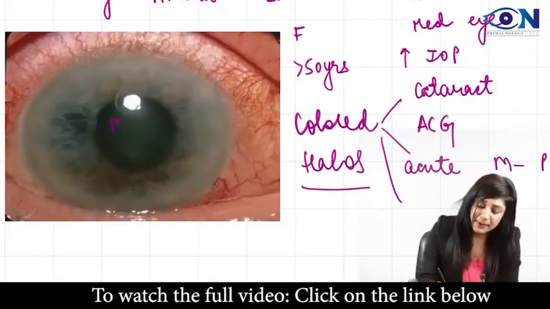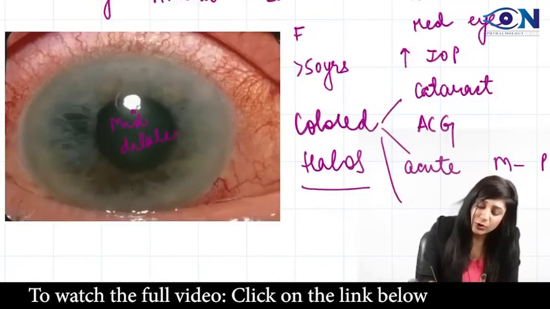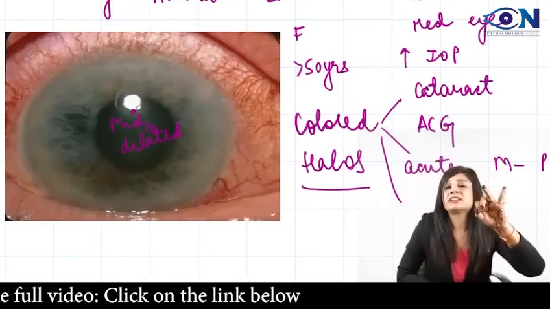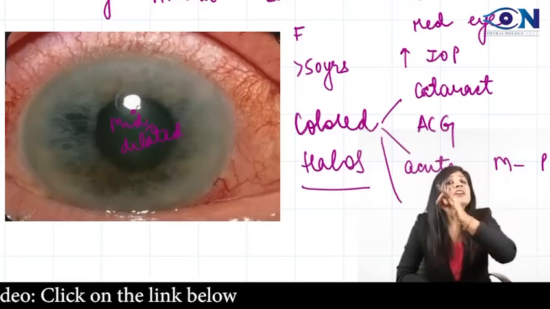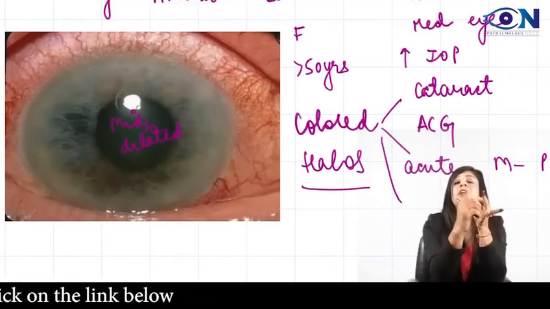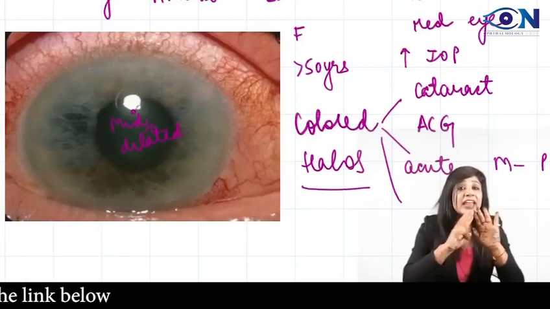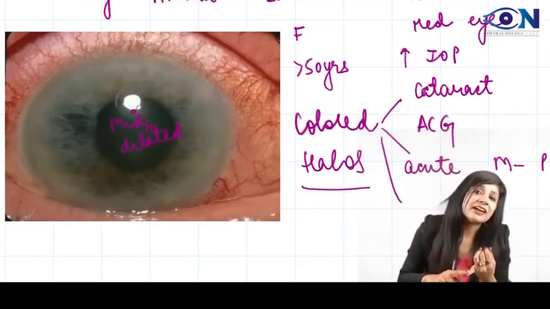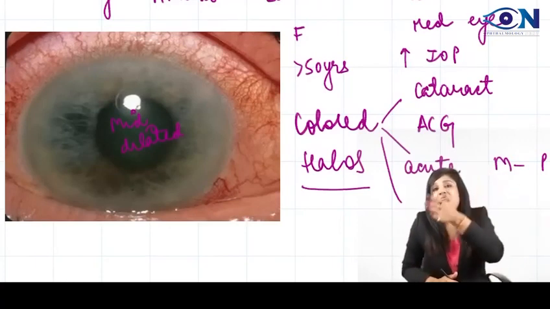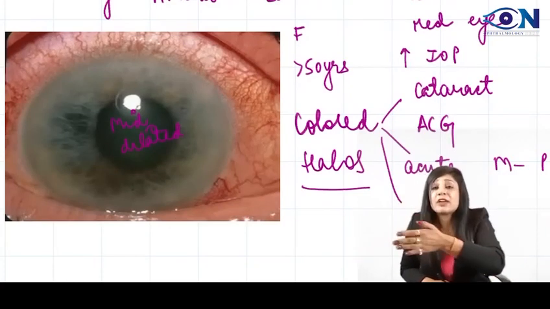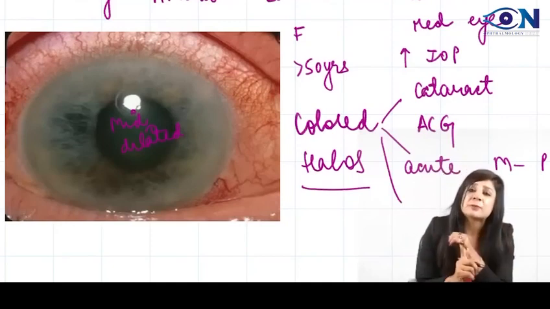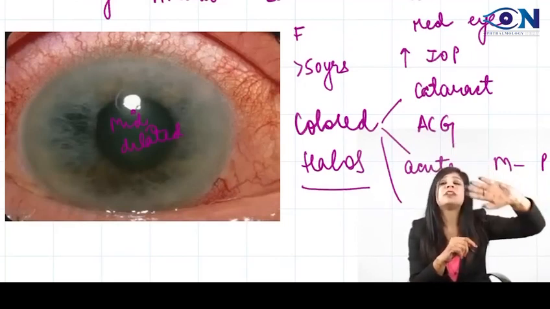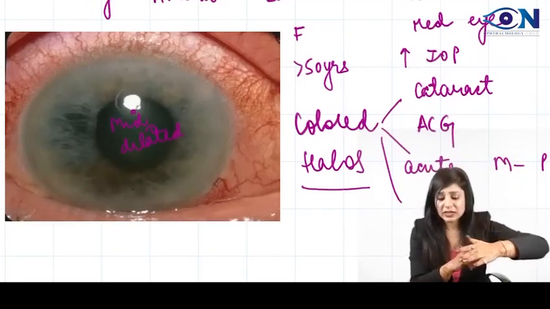You can see a mid-dilated pupil. Now, I told you that there are two things. Either it's a case of acute congestive glaucoma or it is a case of acute anterior uveitis. Uveitis will never have a dilated pupil. Now, however blurry the picture may be, if you are having a dilated pupil, go towards glaucoma. If you are having a miotic pupil, go towards uveitis. Moreover, in uveitis you will have keratic precipitates, aqueous cells, flare also. So, no confusion between acute congestive glaucoma and acute anterior uveitis.